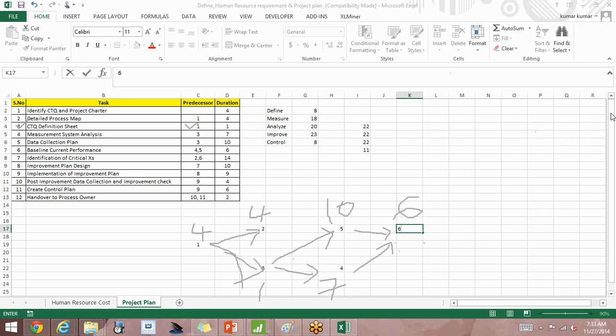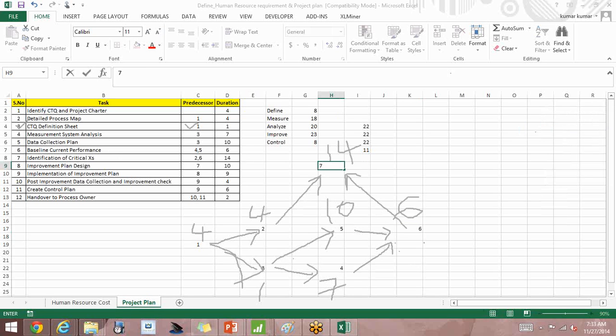And then let us look into the next step. Next step is the 7th step. It has connection from 2 and 6. So let me put step 7 here, and it has 2 connections. One is from step 2 and one is from step 6. And how many days will step 7 take? 14 days.